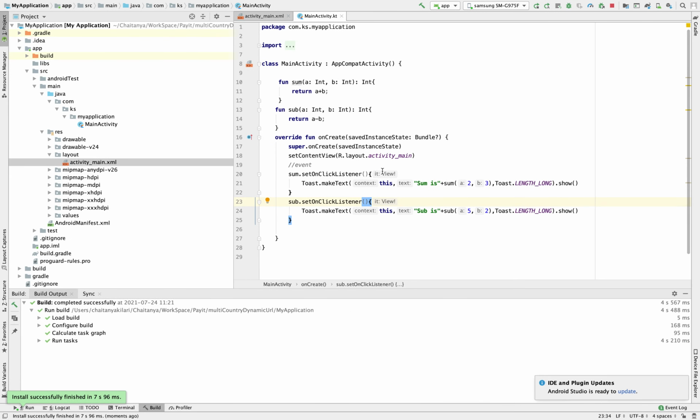Okay, now like this we will write multiplication also. Same thing we will write for multiplication.